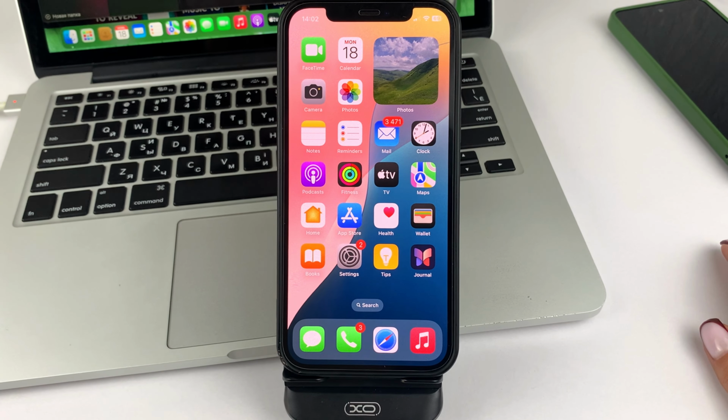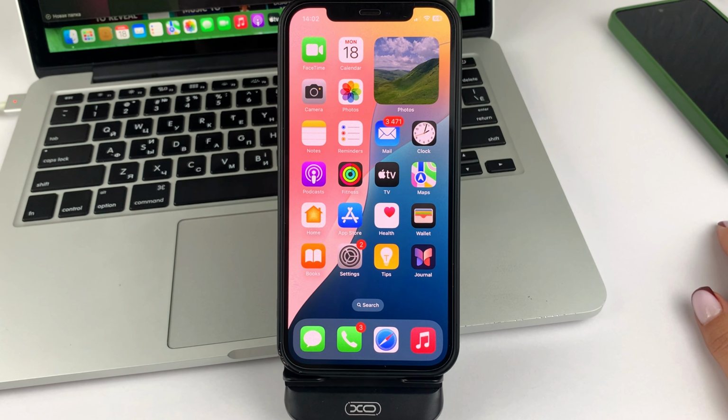In this video, I will show you and tell you how you can quickly and easily delete a note in